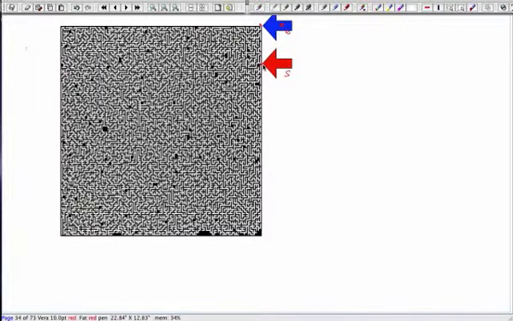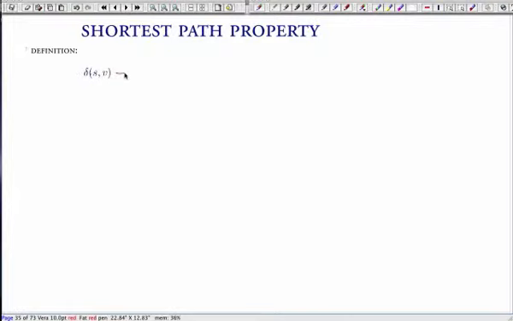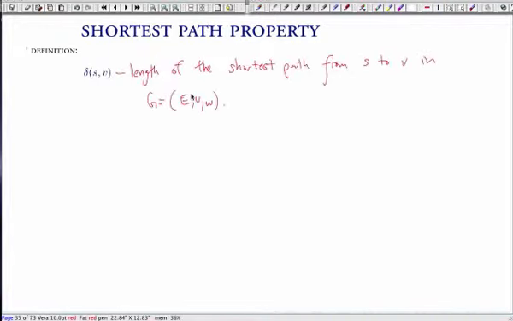So if you model this as edges have weight 1, you're trying to ask whether the shortest path is some finite number or infinity. This is a sort of connectivity question. So we're going to define this new quantity, delta SV, and this is the length of the shortest path from S to V in G, in this weighted graph. And we're going to assume that all weights